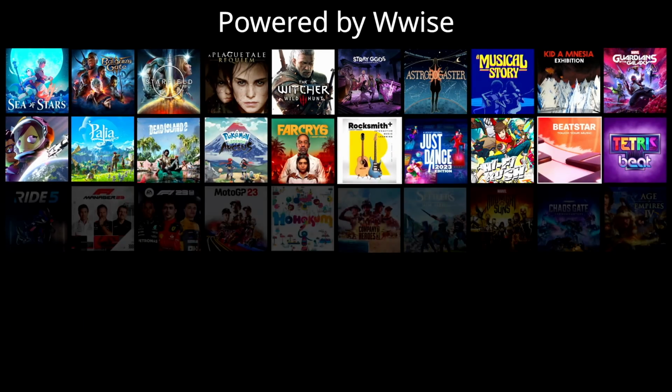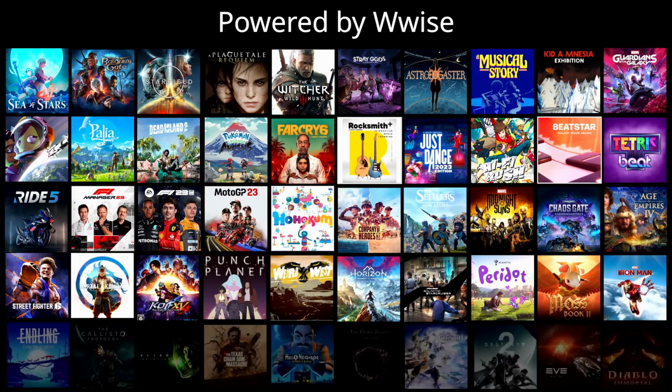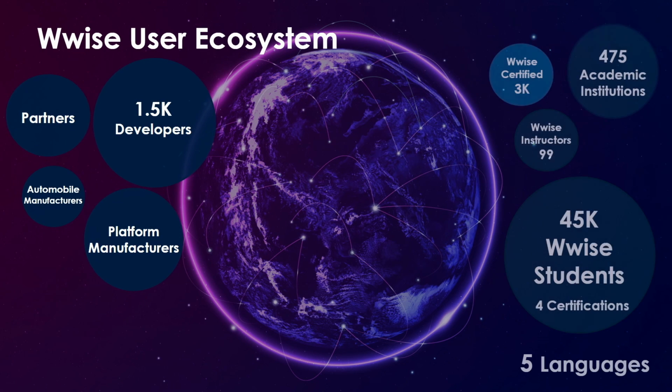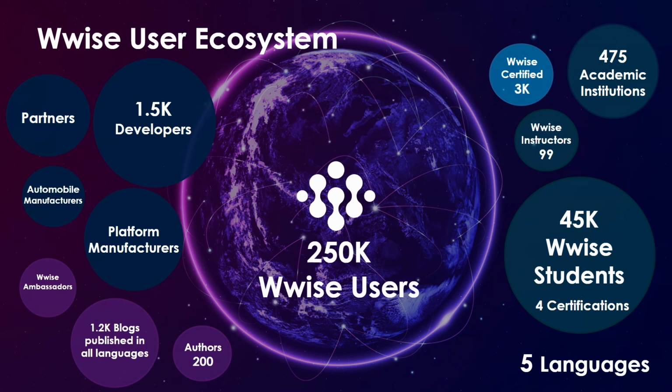And all of this is because we know how important iteration is to your workflow. We hear the amazing things you're able to achieve with Wwise. We want to continue to bring you closer to your creative intentions. And we're made up here of developers, partners, platform manufacturers, students, instructors, academic institutions, and other authors like yourself contributing articles to our Audiokinetic blog that get translated into 5 languages.